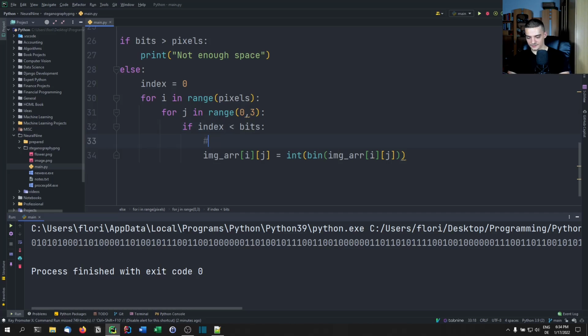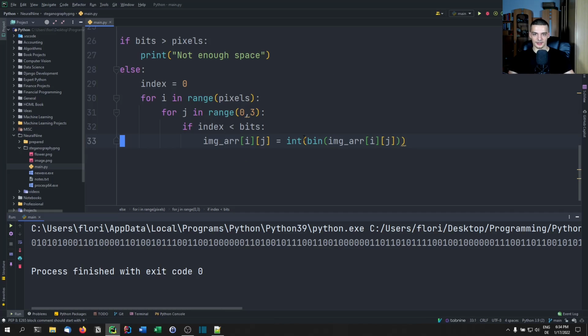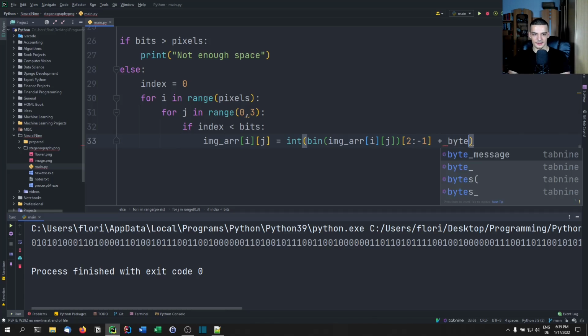It looks like that. We have 0b, I think, and then we have the number. So we want to cut off the first 2 because those are just indicating that this is binary. And then we want to replace this last bit here, we want to change it into another bit. So we take that and we say from 2, omitting the first 2, up until 1 before the end. So we remove the first 2 and we remove the last one, and then we basically say bit message